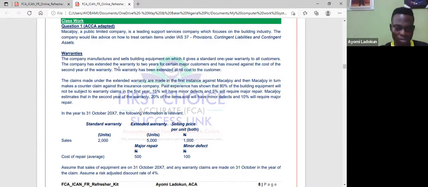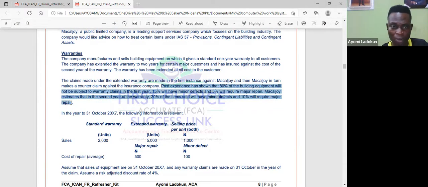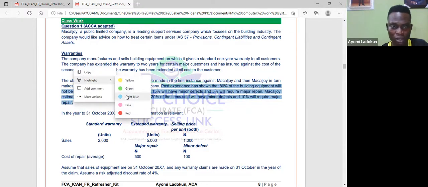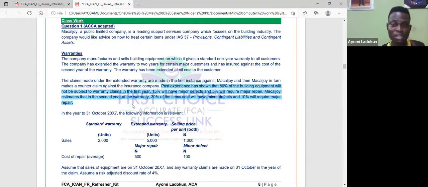Past experience, okay, so this is where we really need to focus, apart from the first information that the examiner has given us. So we need to focus on this. It says, past experience has shown that 80% of the building equipment will not be subject to a warranty claim in the first year. 15% will have minor defects, and 5% will require major repair. Makajoy estimates that in the 2nd year of warranty, 20% of the items sold will have minor defects and